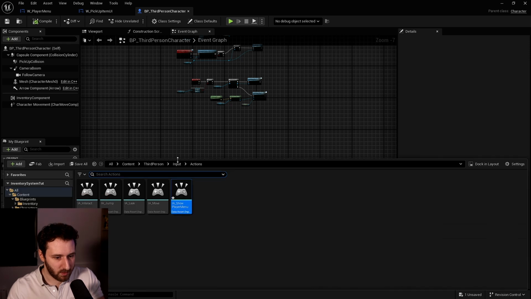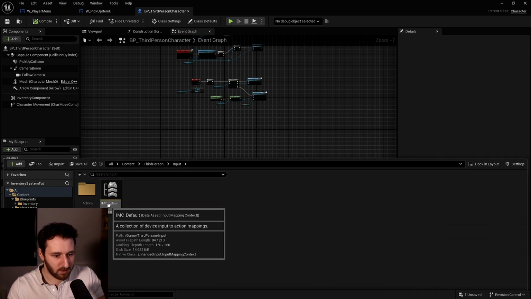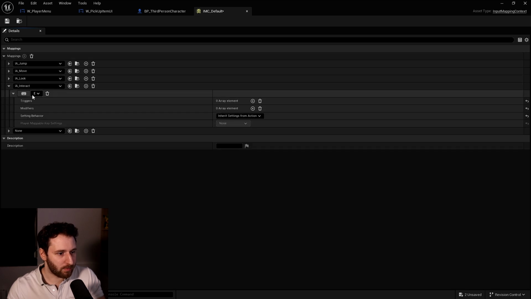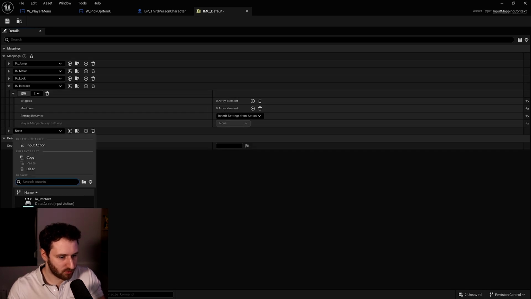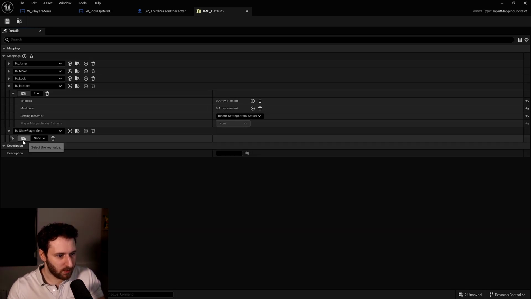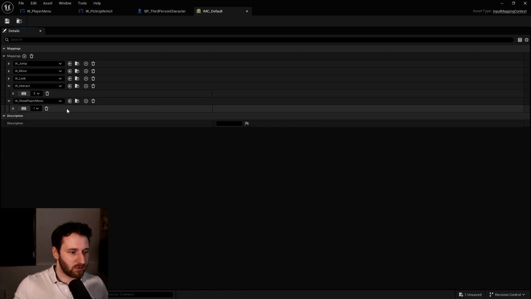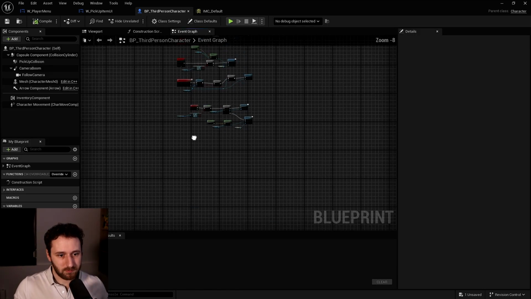Don't need to open this. We'll go into the input mapping context. Add a new mapping. We choose our input action that we have just created. And we can click on this little button and then press I on your keyboard. And this will be the button that we need to press to actually show our player menu.